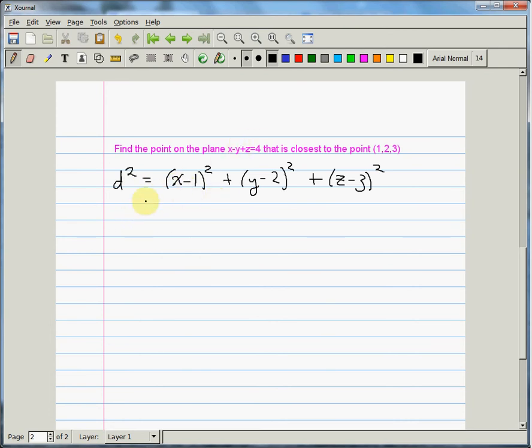So let me write down my equations that come from Lagrange multipliers, and so they're going to be 2 times x minus 1 is equal to lambda, the partial derivative here is 1 with respect to x, and I get 2 times y minus 2 is equal to minus lambda, and I get 2 times z minus 3 is equal to lambda again. Okay, so now let's just do some solving. So this is saying that 2x minus 2 is equal to